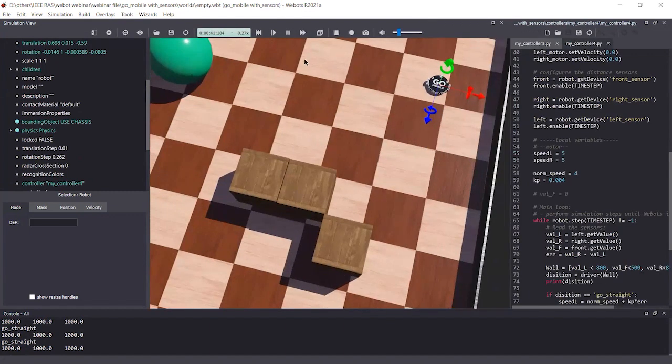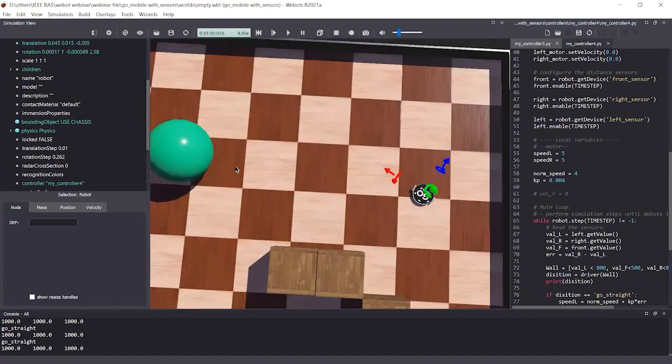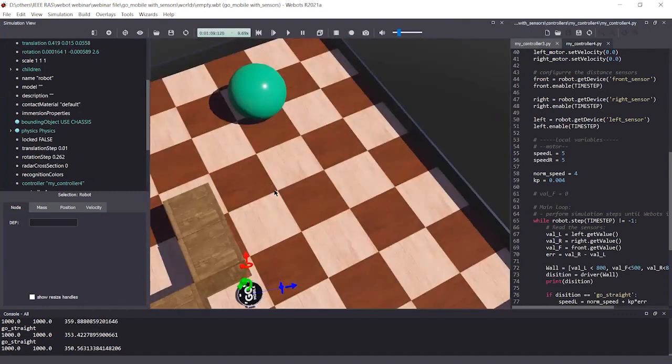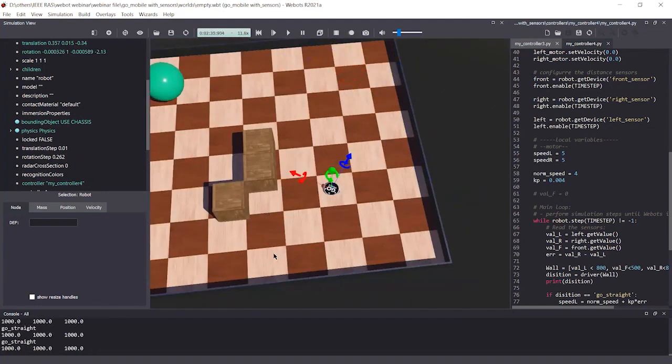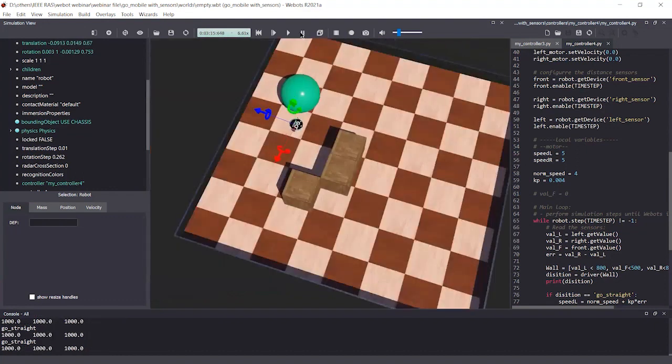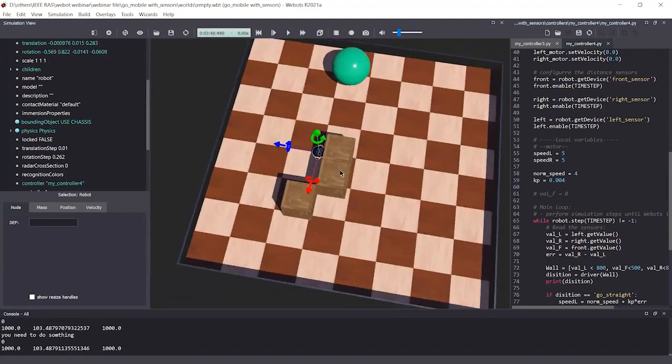So in order to run this faster, I think our robot is running like that. So I think it can detect walls and our driver is capable of it.